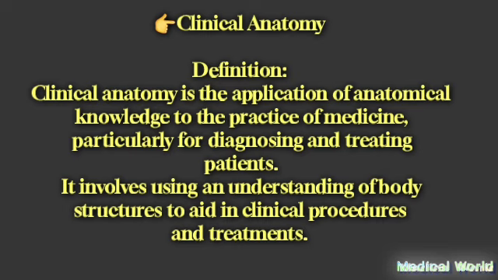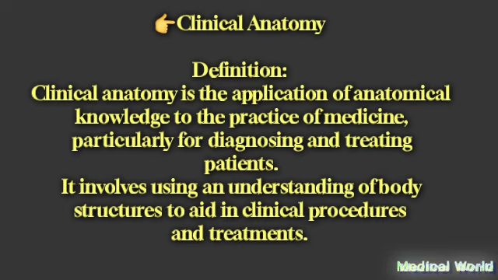Clinical anatomy. Definition: clinical anatomy is the application of anatomical knowledge to the practice of medicine, particularly for diagnosing and treating patients. It involves using an understanding of body structures to aid in clinical procedures and treatments. In simple words, clinical anatomy means using knowledge of body parts and their functions to diagnose and treat patients in a clinical setting, like a hospital or clinic. Explanation with examples. Clinical anatomy is essential for surgeons, as they need to know the exact locations of organs and